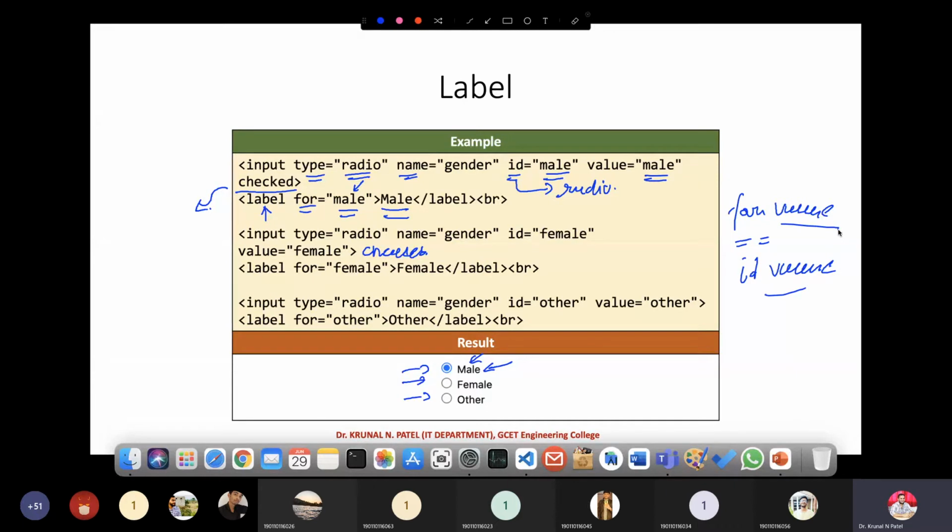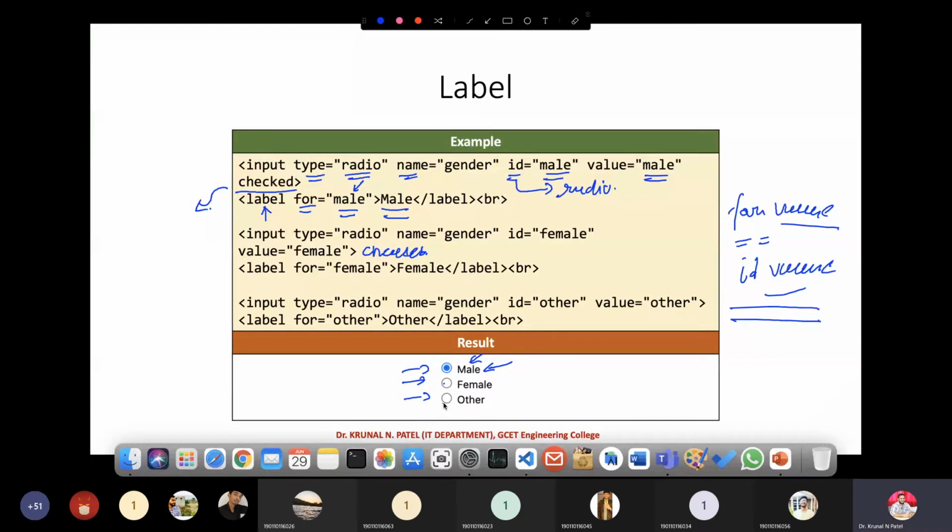So what is happening over here? If I'm not writing like this, then whenever I click only the radio button, only that is clickable.